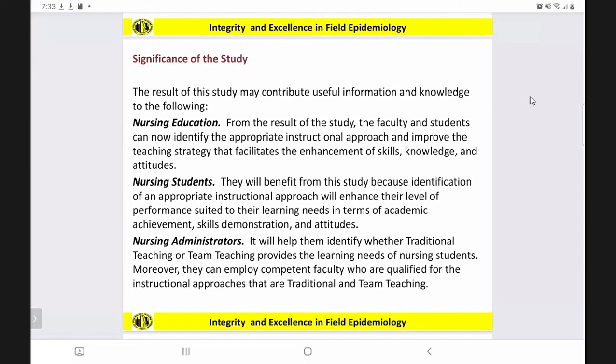Okay, very good. So it's now for the topic that we discussed before, about how to improve the knowledge and skills of the nurses at the hospital or the students. In the significance of the study, it's stated how they will benefit from the results. Okay, so for the nursing students,